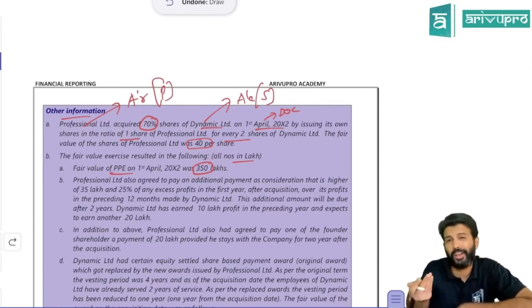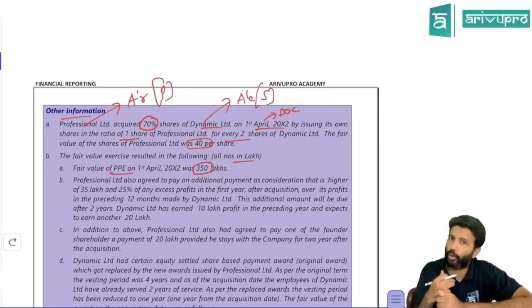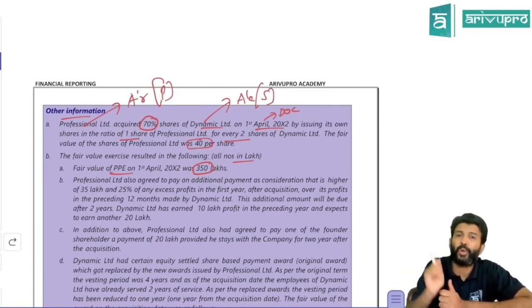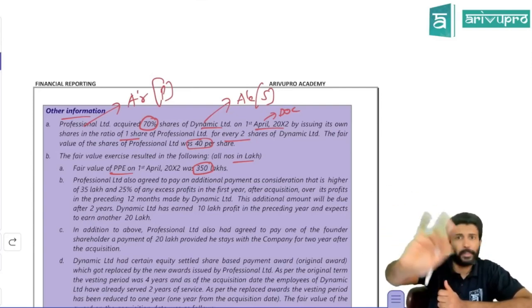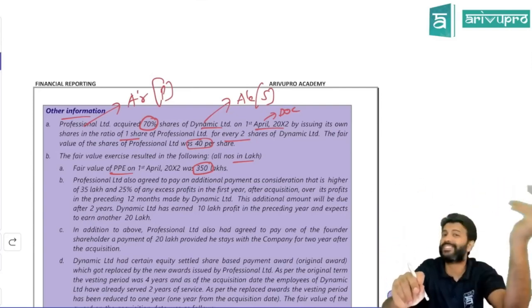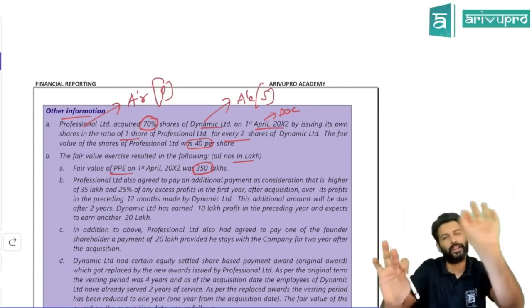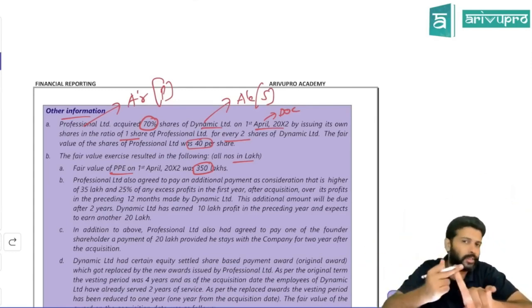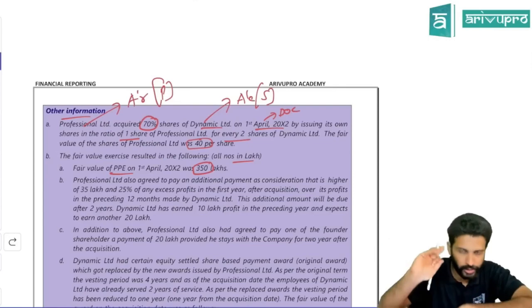If there is a fair value adjustment, you may get some DTA, DTL also. And do the DTA, DTL adjustment only if the tax rate is given. In the previous problem also there was some fair value adjustment, but I did not calculate deferred tax asset because the tax rate was missing. Only if they give the tax rate, do the deferred tax asset or deferred tax liability calculation, otherwise ignore it. Keep this in mind.